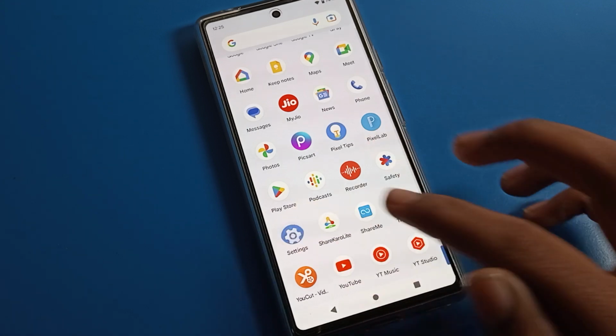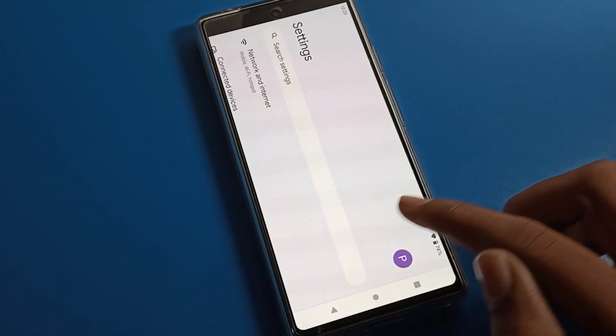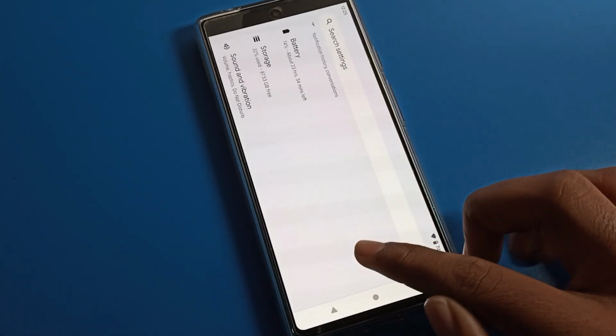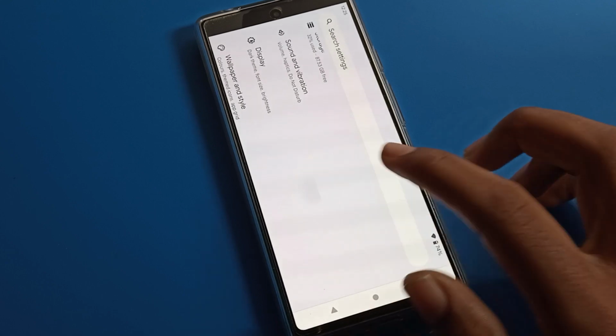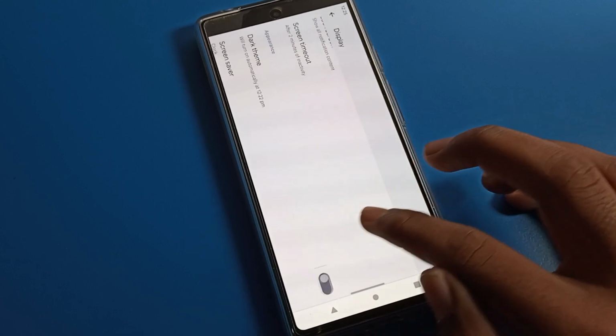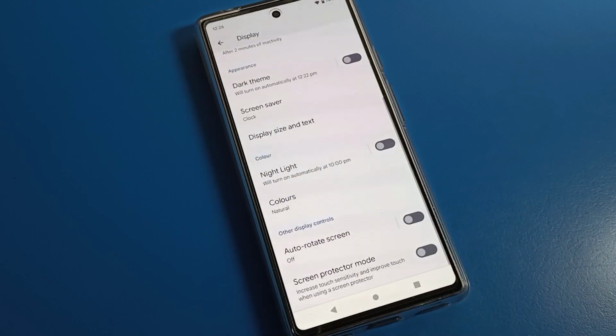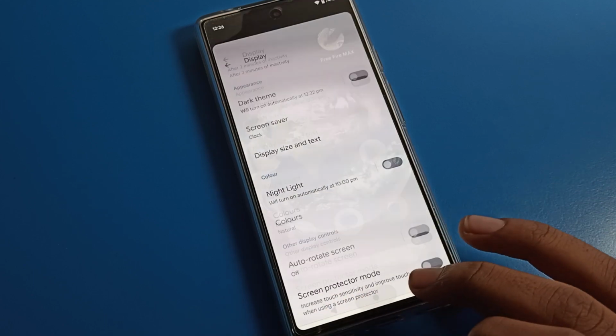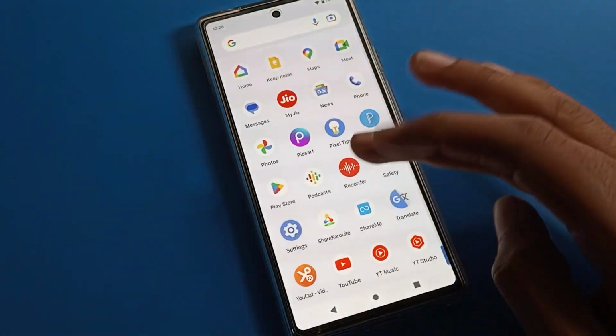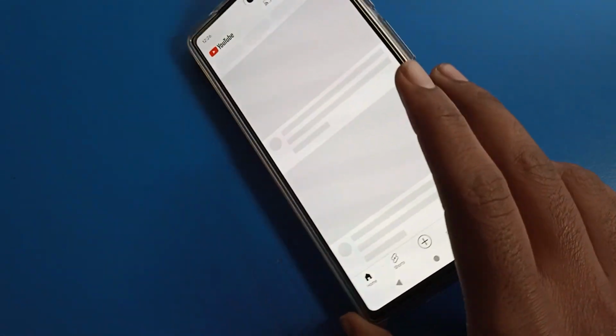Friends, if you don't want to use it, click on phone settings. You can see screen rotate automatic. Click on your Google Pixel display settings, and again scroll down. You can see the last auto rotate setting. Tap here to turn it off, and the screen will not rotate. Now you can use your YouTube app or any app, and the screen will not rotate automatically on